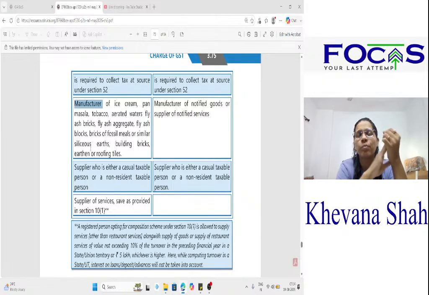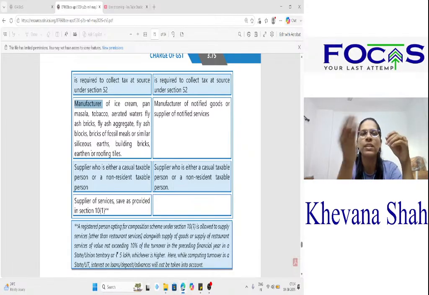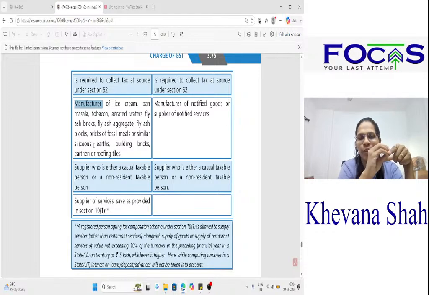So if you are supplying any services which are other than your restaurant services along with the supply of goods, or you are supplying any other services along with the supply of restaurant services, then you will check two things. The first one is that whatever is the value of services that you are supplying, it should not exceed 10% of the turnover in the preceding financial year in a state or union territory, and the second limit you will check is 5 lakh rupees. So the higher of these two amounts, that is the amount of services that you are allowed